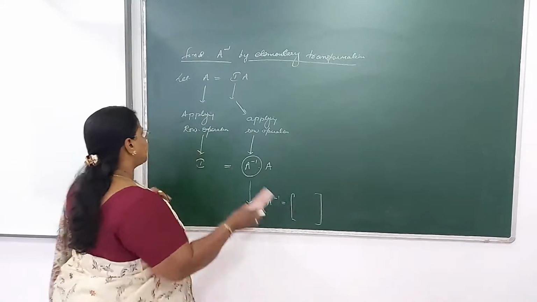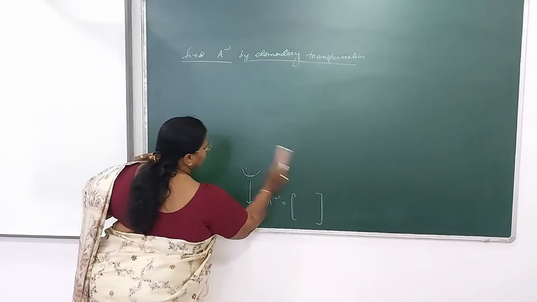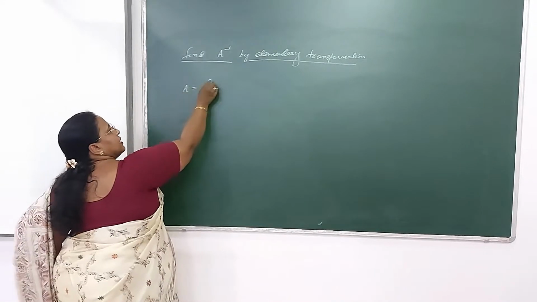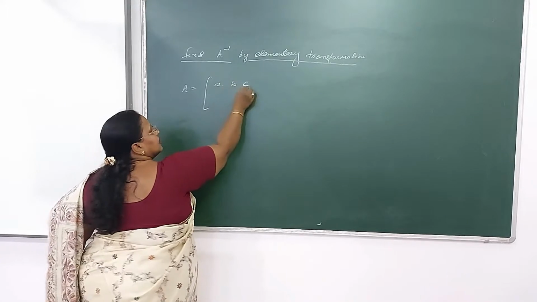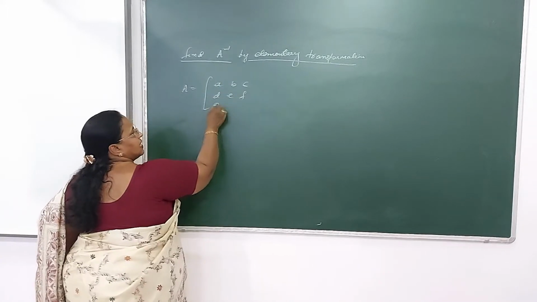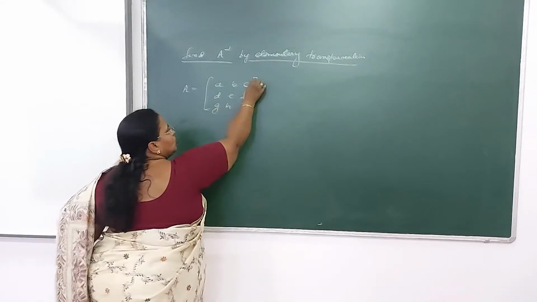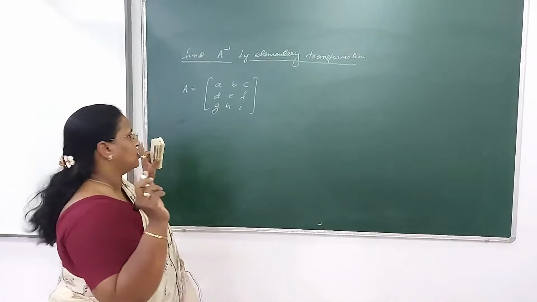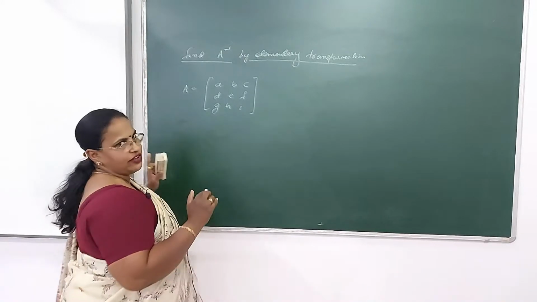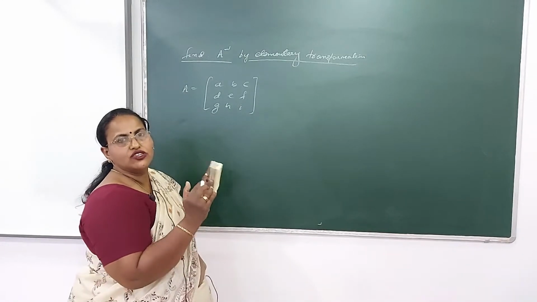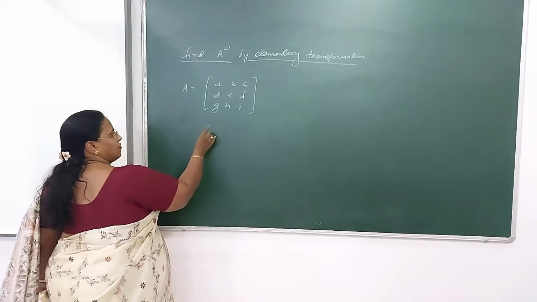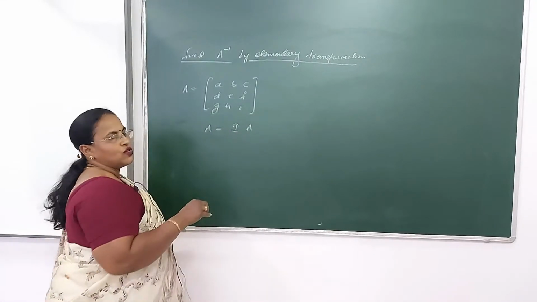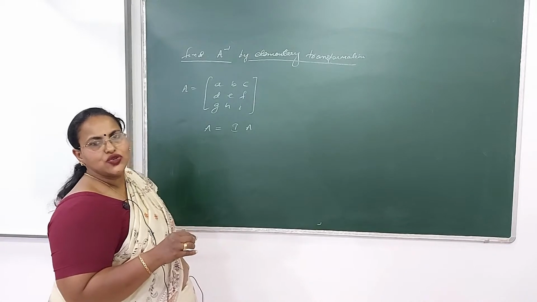So let us start. Let me take an example. Consider a matrix A, B, C, D, E, F, G, H, I. I am going to explain the loop here, and then with a proper example I will explain the entire procedure. This is the matrix A. We are going to find the inverse of this matrix. So let us go for row operation. The very first step will be writing A as I into A.